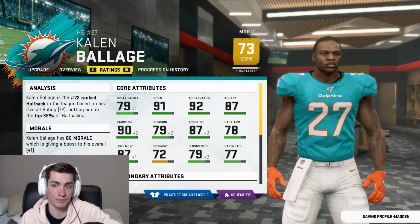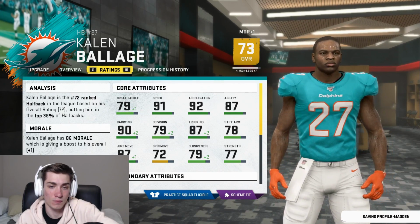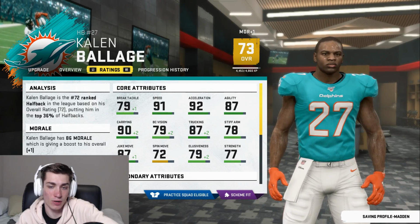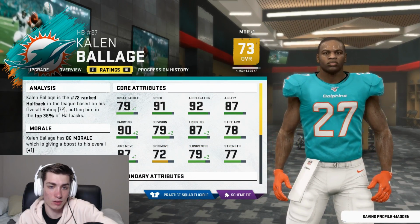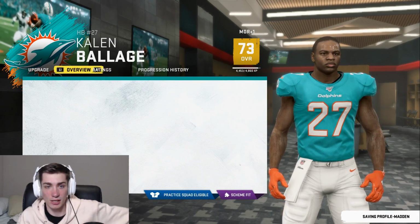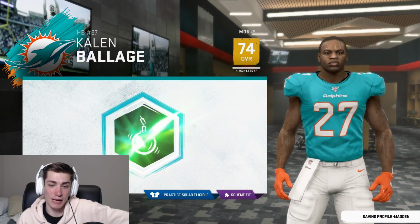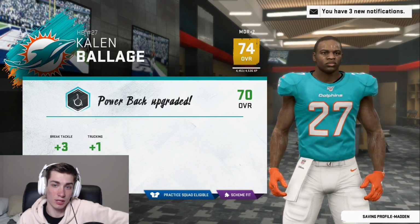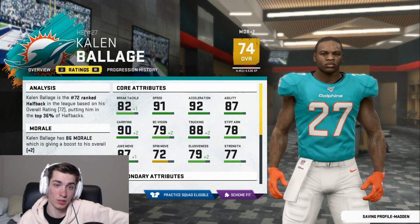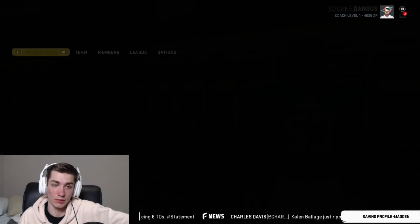And then Kalen Ballage, I mean, I kind of use him as a power guy. He doesn't really truck that often. Break tackle, I need that to be above an 80. Juke, I don't ever really juke with him. Worst spin, 72 is so poor. I want to just continue to truck with him, man, and stiff arm. And for that, we got to go in a power direction. And I keep trying to do it. And he's almost got another XP point. But +3 break tackle is huge. +1 trucking, huge. 82 break tackle, 88 trucking. I like it. Quentin Smart,